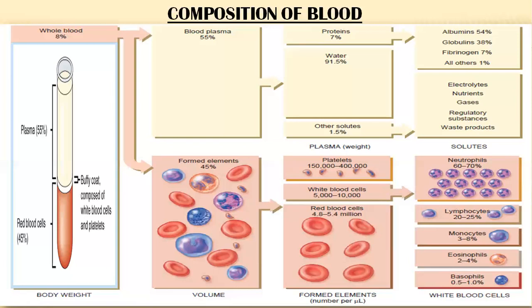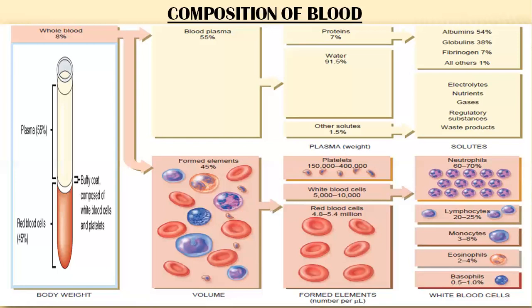And these thrombocytes, the process by which they are formed is called thrombopoiesis. So the quantity of these platelets is between 150,000 to